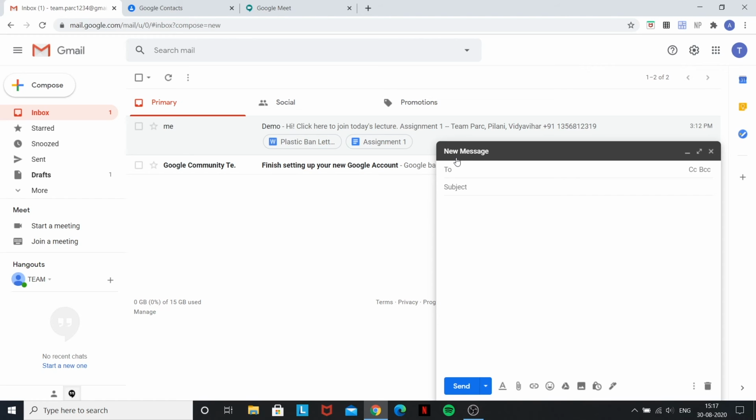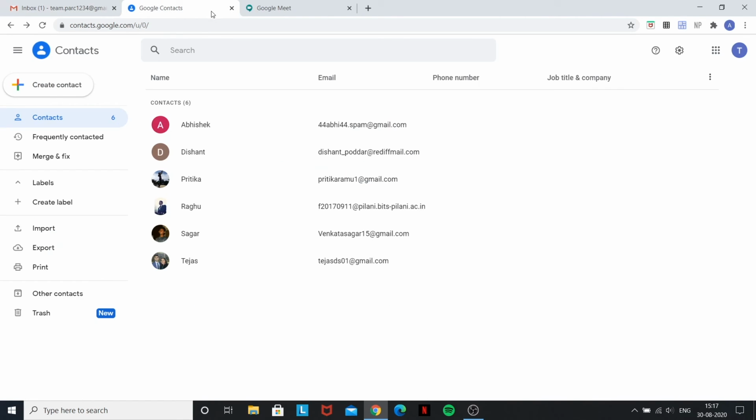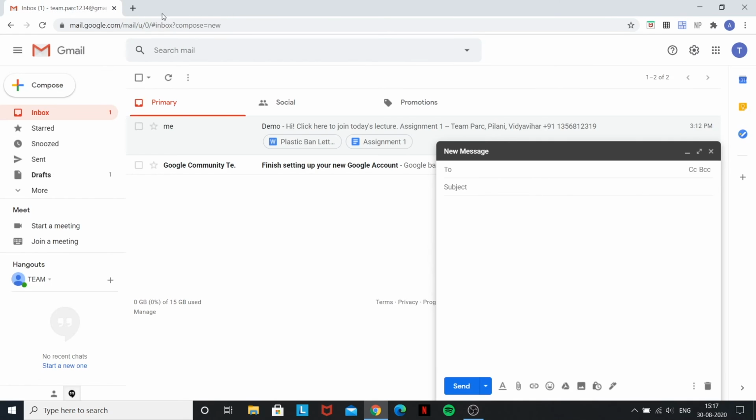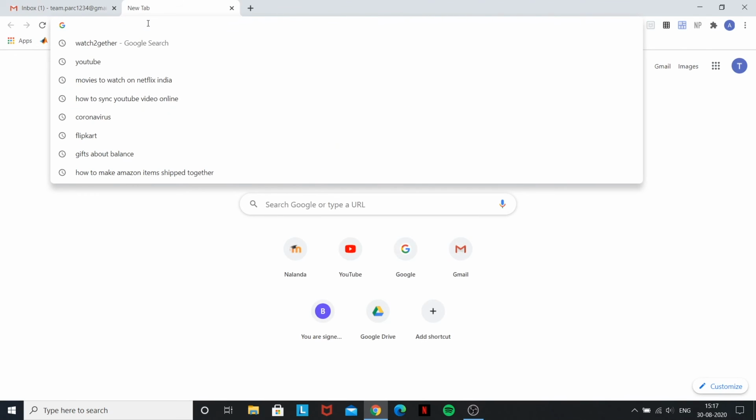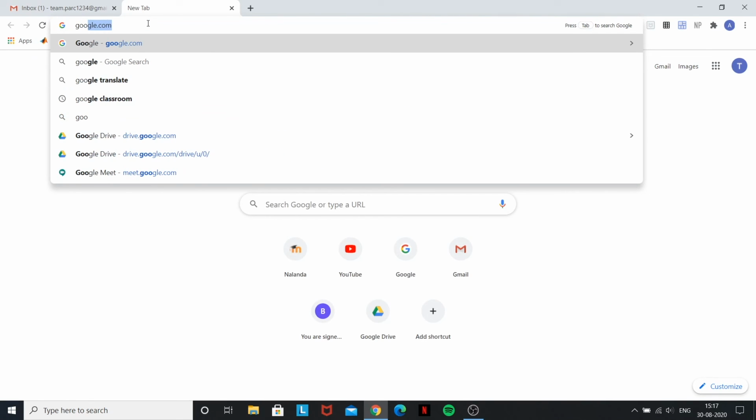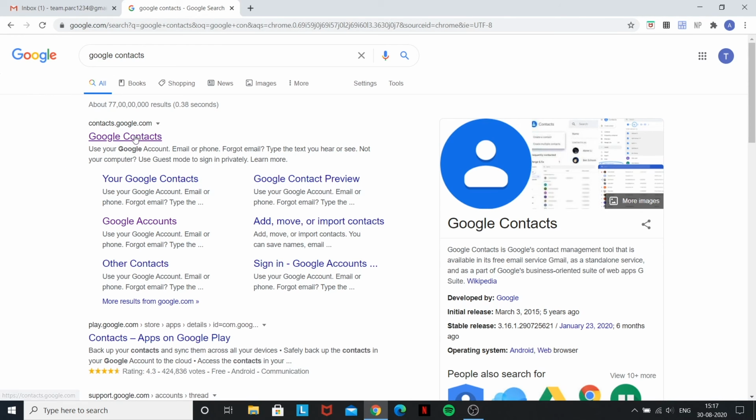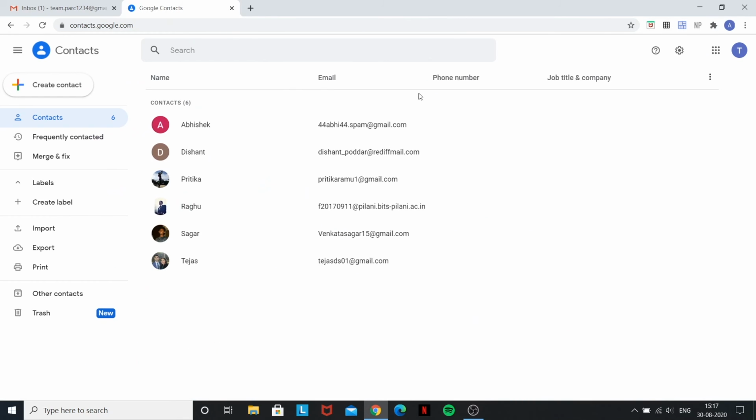I already have it open, but I'll show you how to open it again. You go to the address bar and type Google Contacts, and it's the first link here. As you can see, this is the Google Contacts page, and I have 6 contacts already.